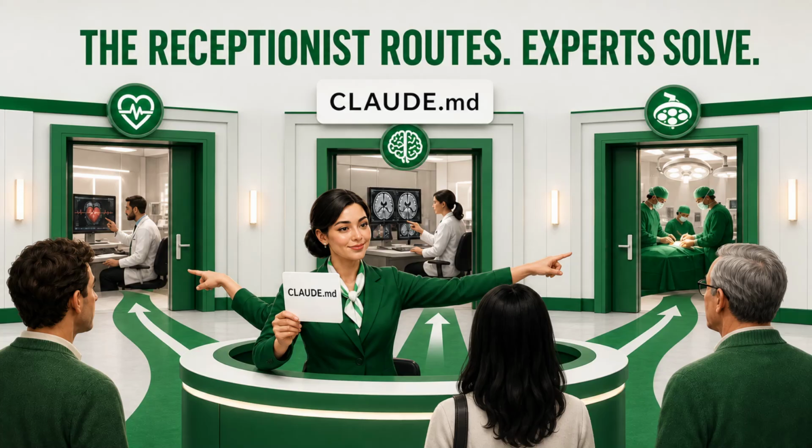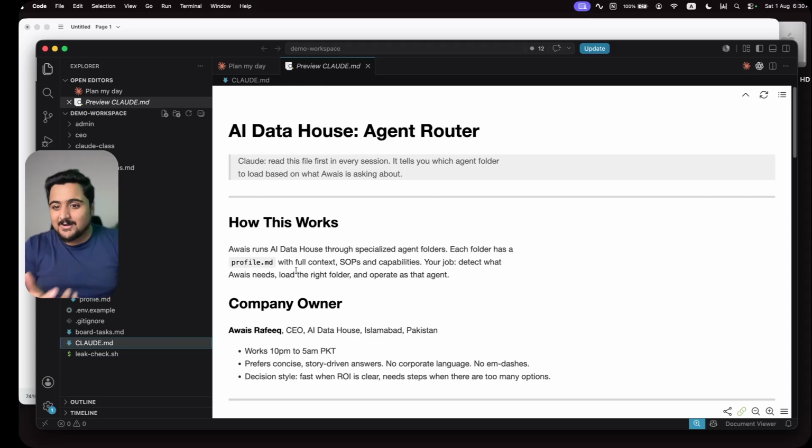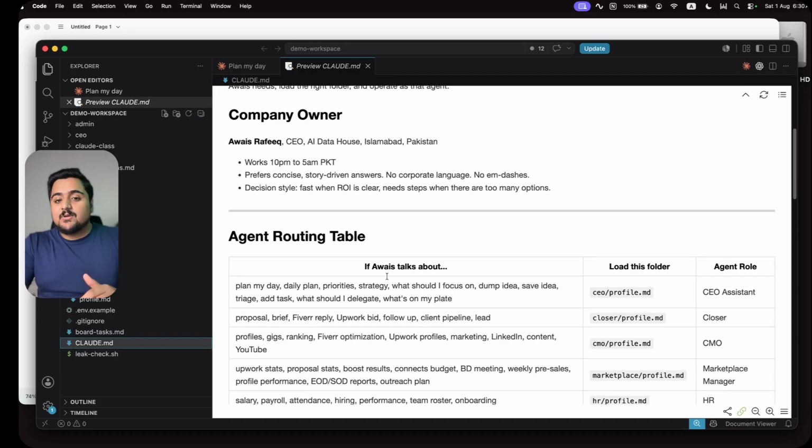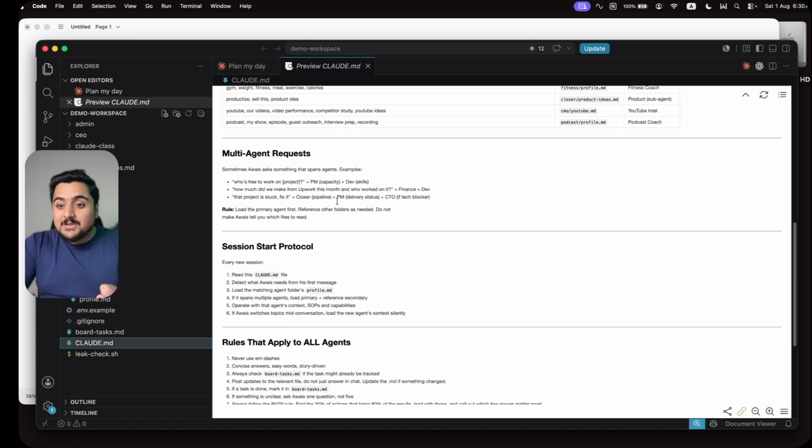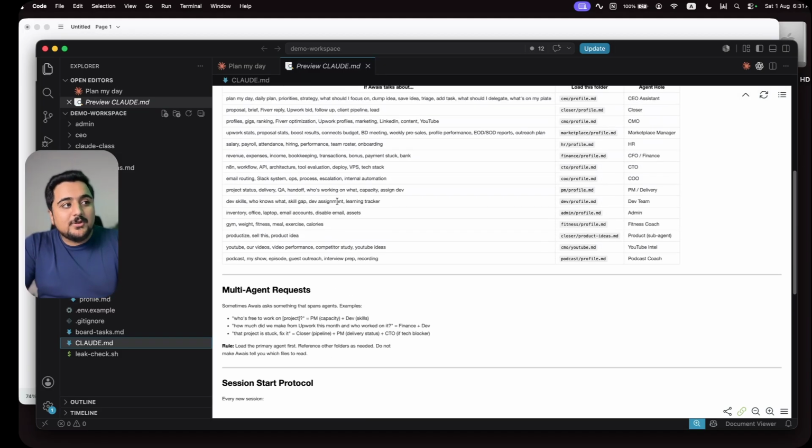The purpose of this file is just like a receptionist that is sitting at your hospital. The receptionist guides where to go. If a patient comes, he says, I want to go to a brain doctor, or I have some heart related issues, I want to go to a cardiologist, and the receptionist tells, okay, take the appointment from here, do this procedure, the doctor is available or not, and this is where you have to go. It does not read that patient. This Claude.md file is playing the same role. Whenever we do a query, it will tell where to go for the expert opinion instead of giving us a general answer. I am managing my complete agency with it, and it is not more than 20-30 lines.